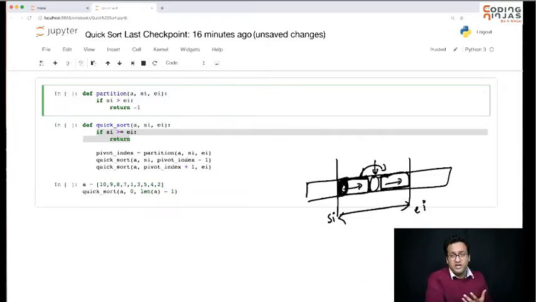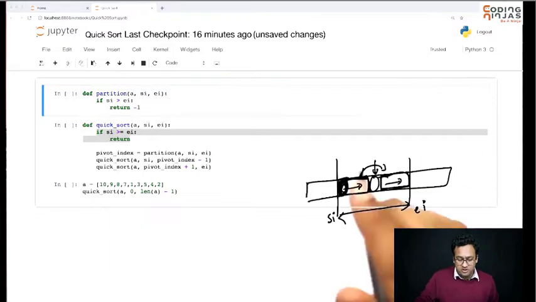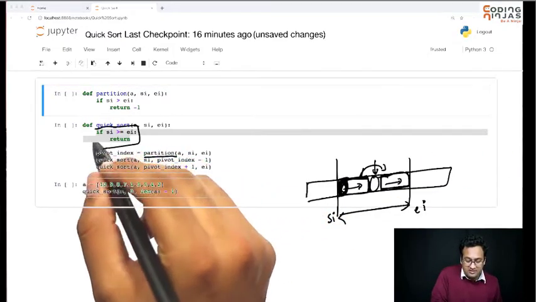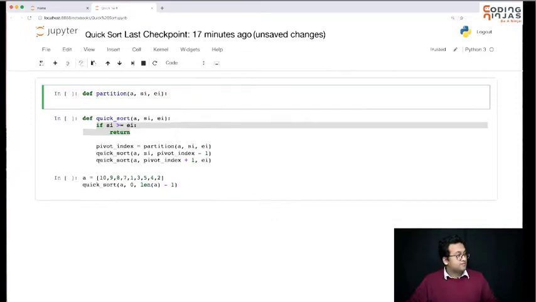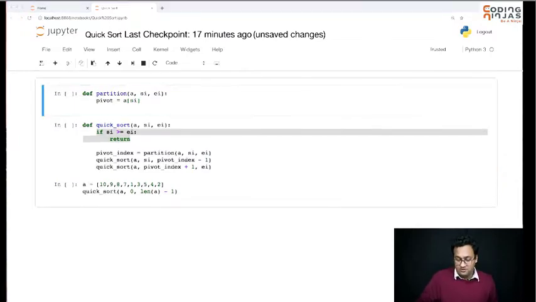It's not going to happen this way, right? Start index and end index will be proper because when you're calling partition, you've already checked before that they are proper, right? So let me just get rid of this.